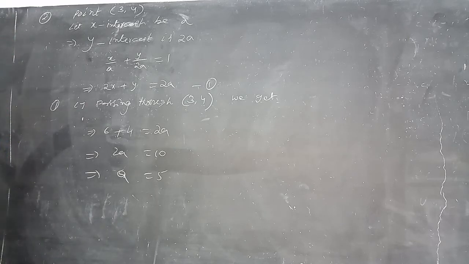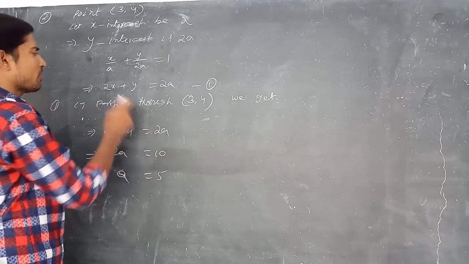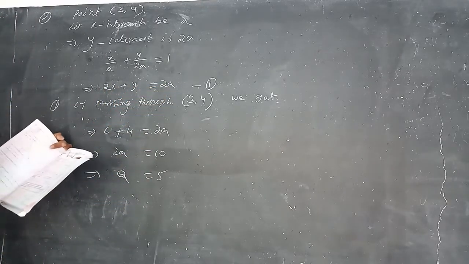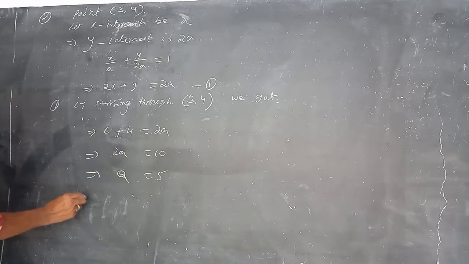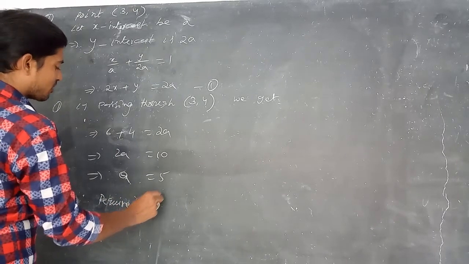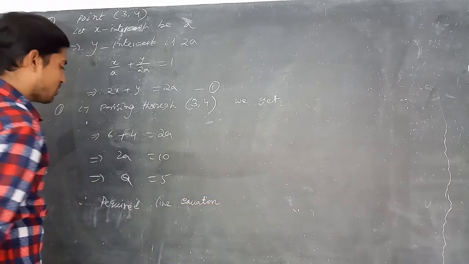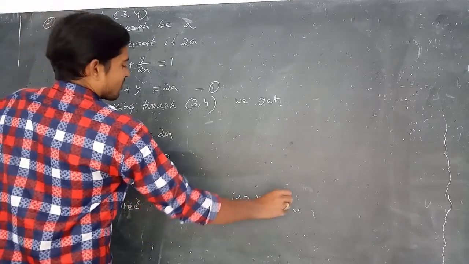So 2x plus y equal to 10. Therefore, the required line equation is 2x plus y equal to 10,